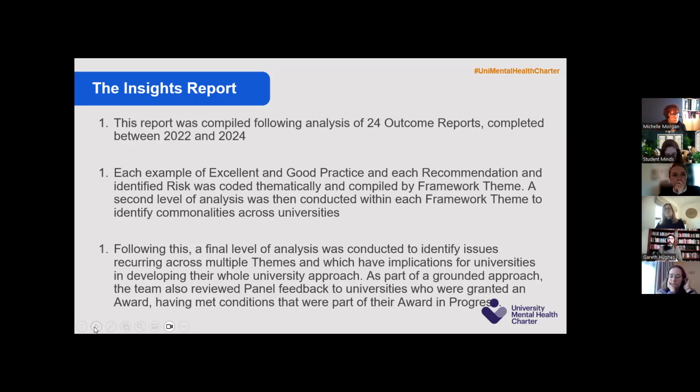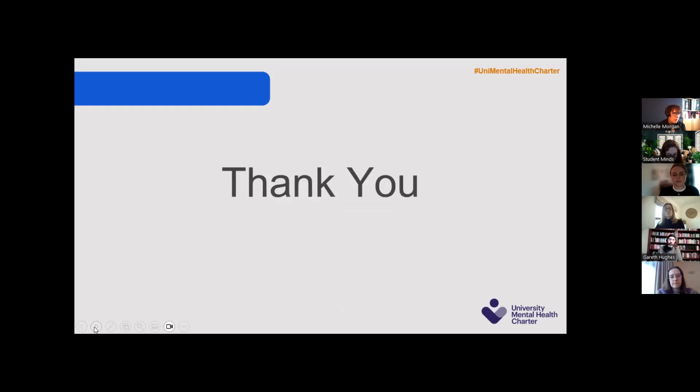And out of all of that, because there were so many universities that had awards in progress, we also went and looked at the panel feedback to universities once they actually got the award. There's the process that people have to go through, where they get their award, then they have to resubmit, and then the assessor team gives feedback, the panel gives feedback. We included all of that as well because we wanted to look at, well, what happens post somebody getting an award in progress? What changes does the feedback and the guidance that goes back to universities alter after that, and are there lessons we can learn from all of that too? And then all of that got pulled together and synthesized to produce the overall report.